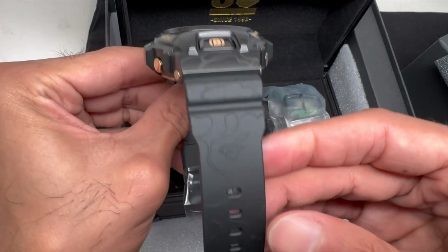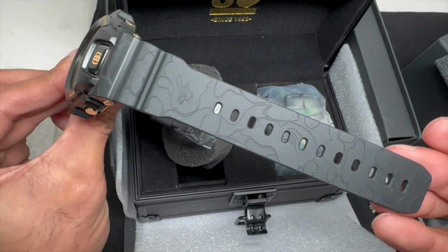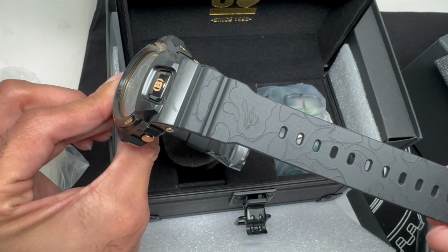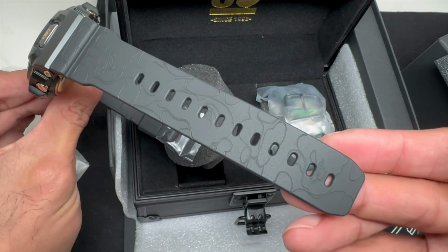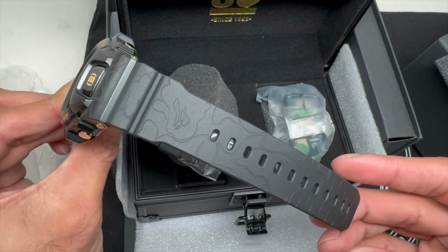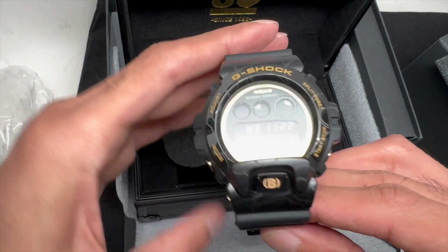It's not very obvious, right? It's very subtle, but it's there on both sides of the band. You can see that. There's a standard BAPE camo design. The black